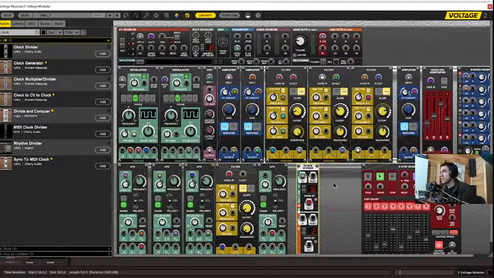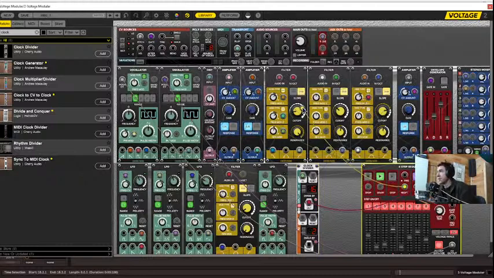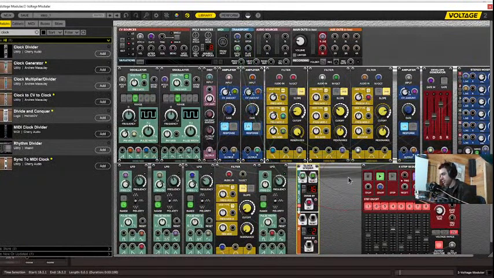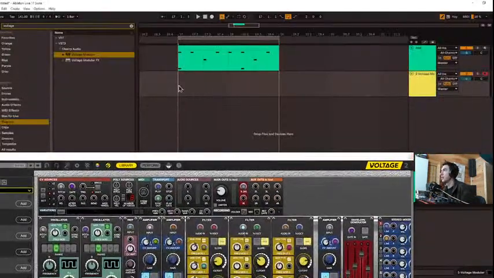So if we want these to reset when we hit play, we can do a reset trigger. Actually, this has a start button, so we can take the play from the transport and put it to the start, and I think that should work. And then same thing with this reset here on the clock divider. We can do the play, and that should reset. So if we hit play right here,